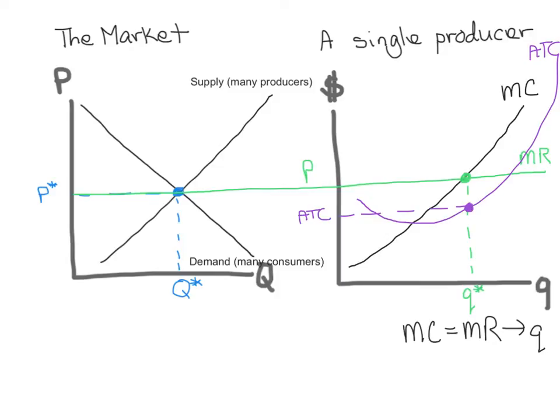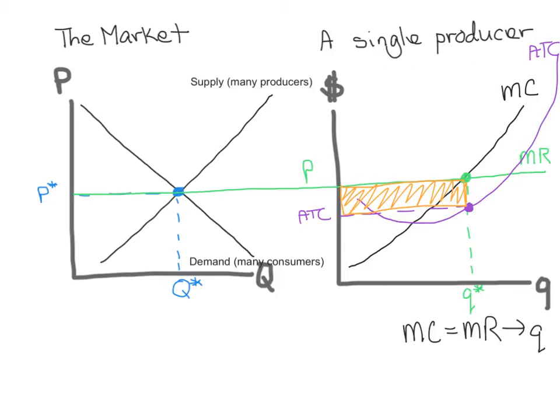Okay, and we see that our coffee producer is in fact making a positive profit because the price that he's selling each pound of coffee at is greater than the cost of producing each pound of coffee. And this rectangle represents that profit. Now, what tends to happen in a competitive market is that these positive profits made by our